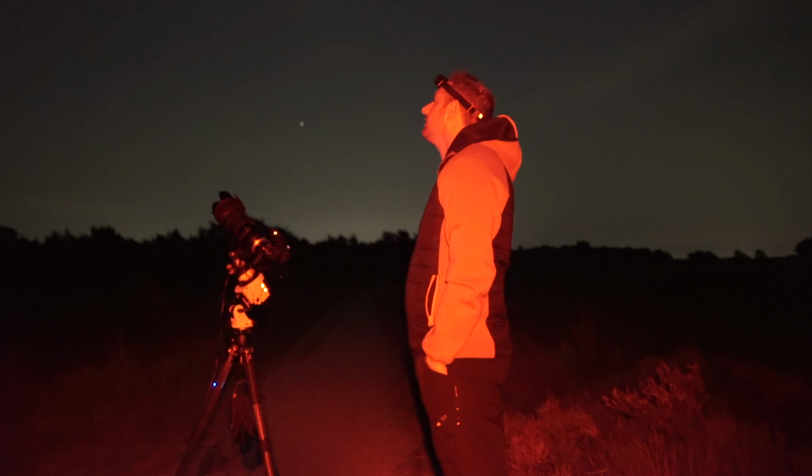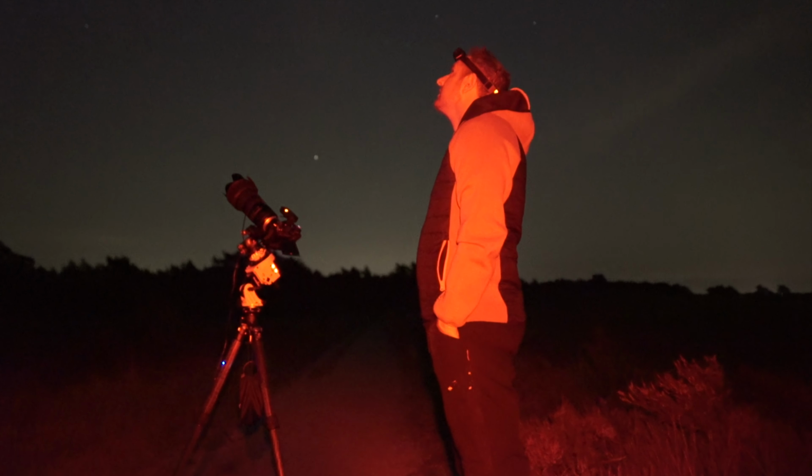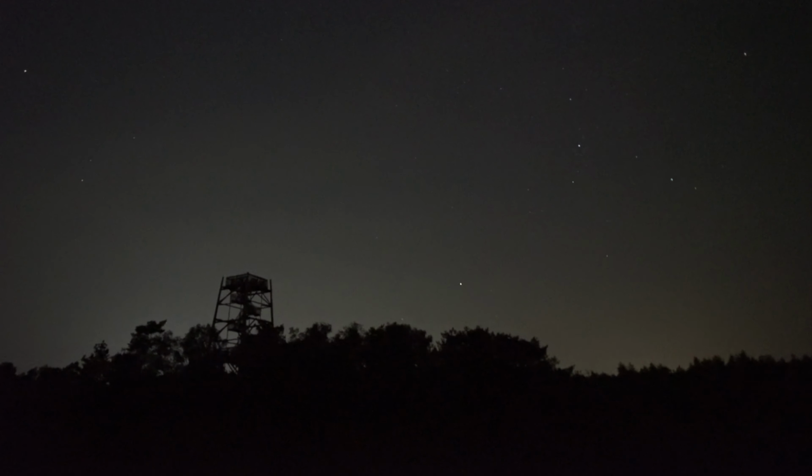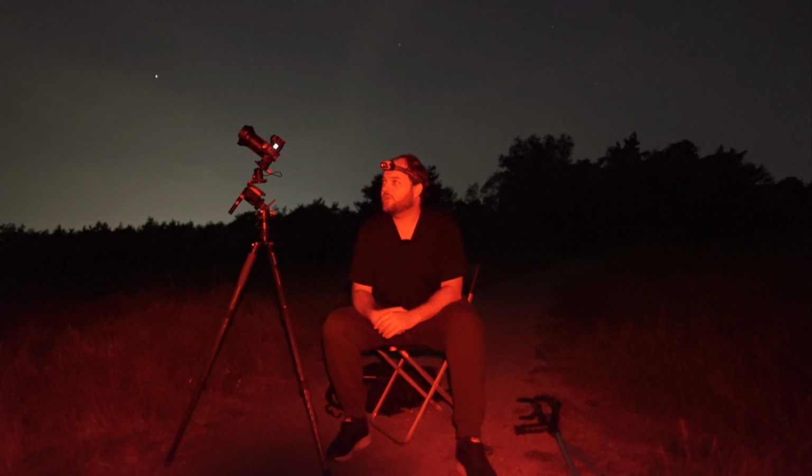Martijn is standing behind you. And we came out at a familiar place for us. It's around the lookout tower, which we shot about 2 months ago, I think. The skies look to be kind of clear, so we decided to go out and do a relaxed evening of